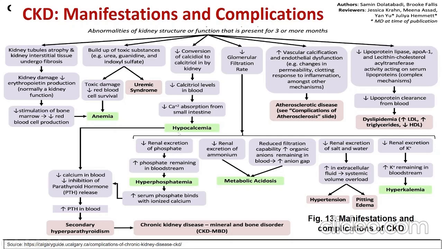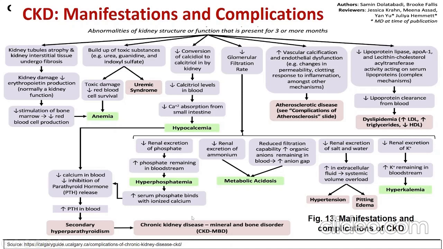hypocalcemia. Why is hypocalcemia a problem for us? Because when calcium level is decreased in blood, we have increased parathyroid hormone in blood. It is the development of secondary hyperparathyroidism. And why is this a problem for us? Because it develops mineral and bone disorders, as calcium is low and parathyroid hormone is high, and also vitamin D abnormality is present because vitamin D is metabolized in the kidney, it's part of its metabolism which is damaged